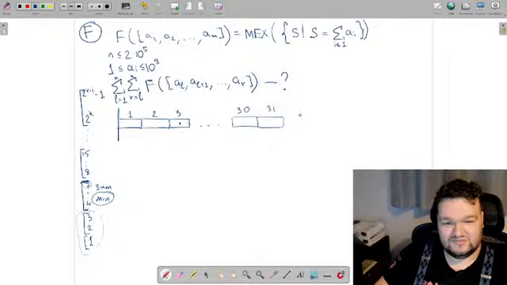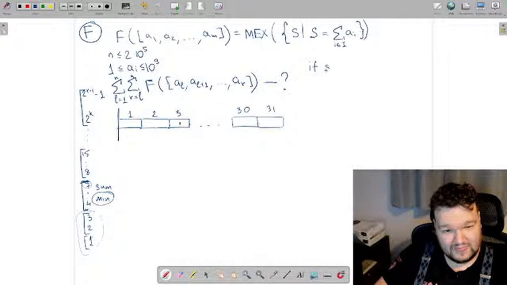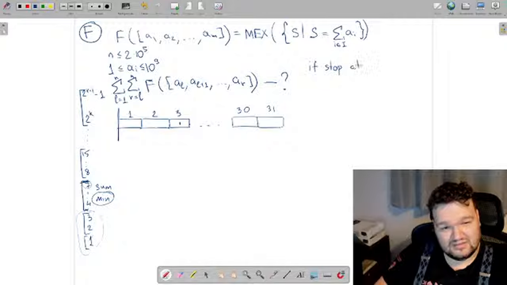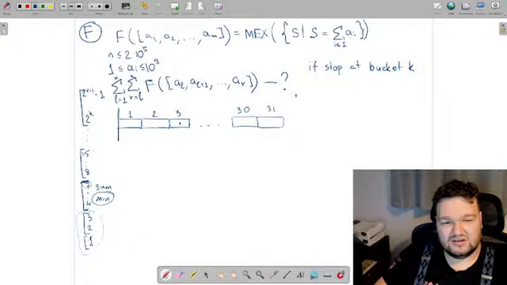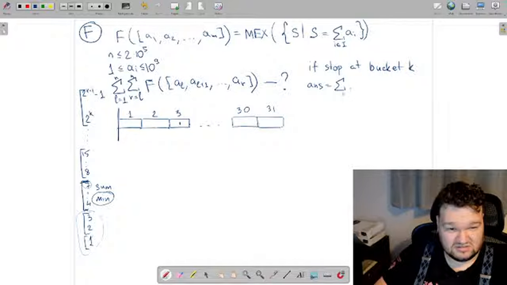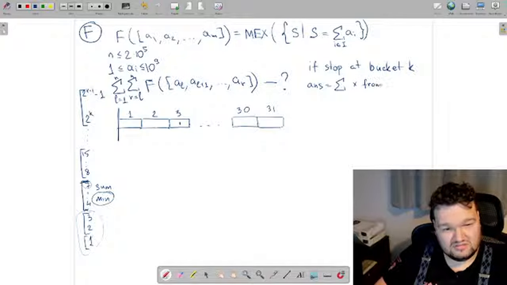So if we stop at bucket k, the answer is just the sum of numbers from the segment such that x is smaller than 2 to the power